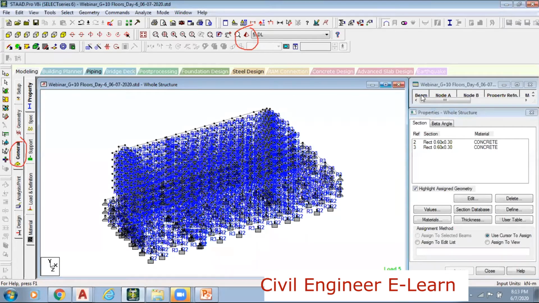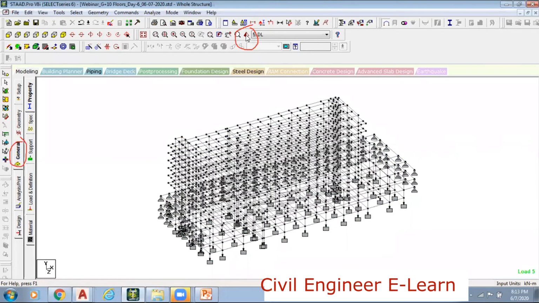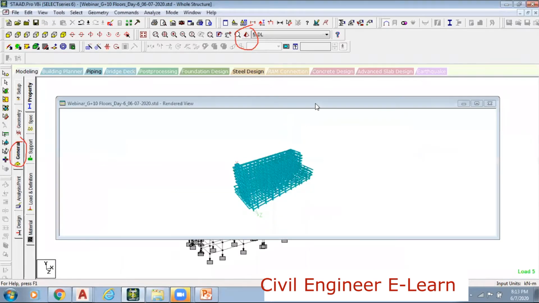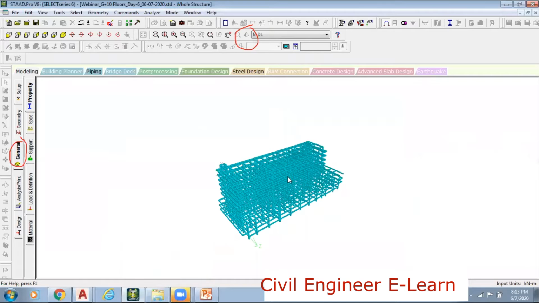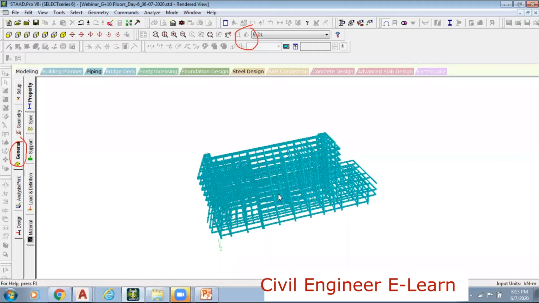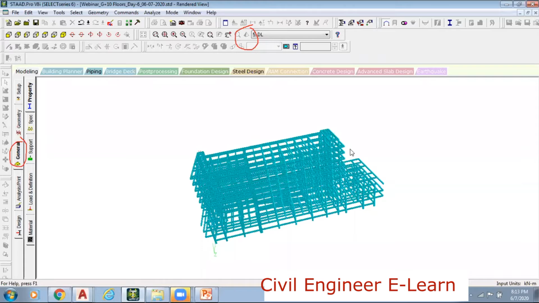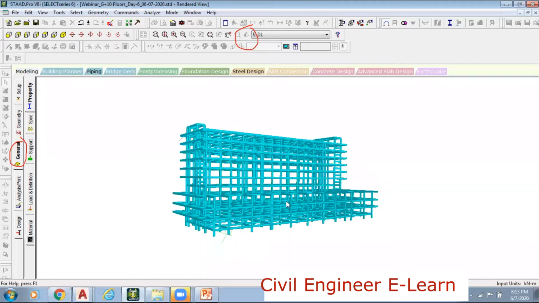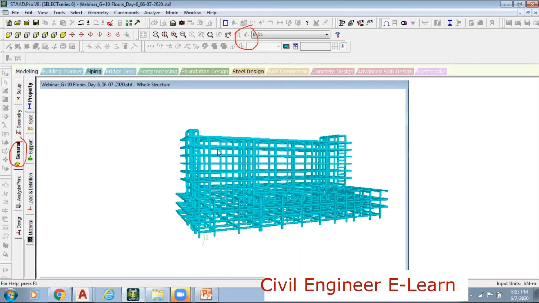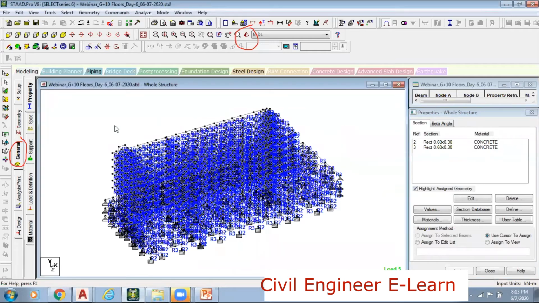If I want to see the 3D model again, I have to go to this pyramid shape icon and click on it. So I'm getting this 3D render view here. Maximize it, just scroll in, scroll out. Just see this expansion joint and the whole structure and everything is here. If I want to get back to the original model, I just click on this general, right? Done. So now it is done.